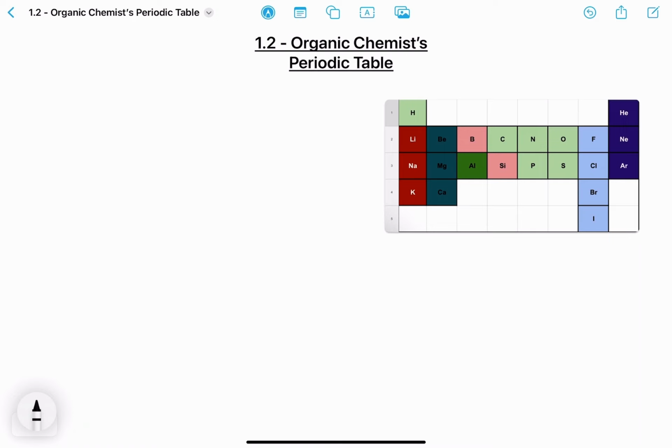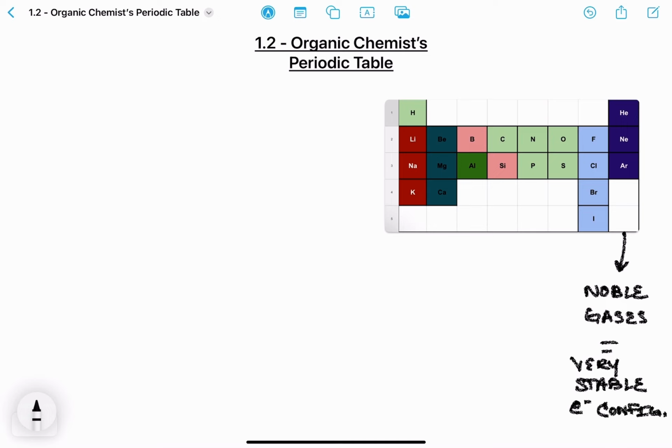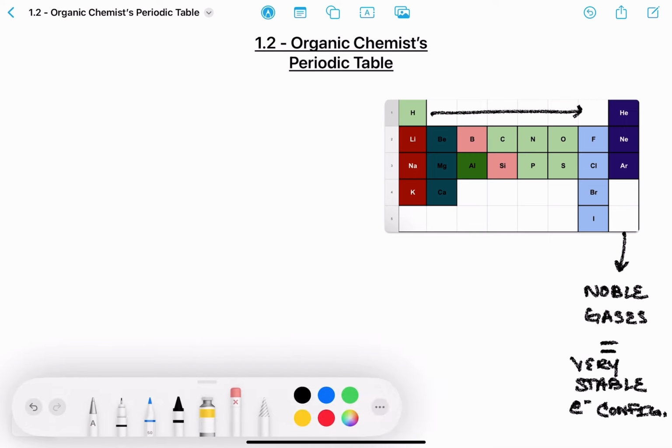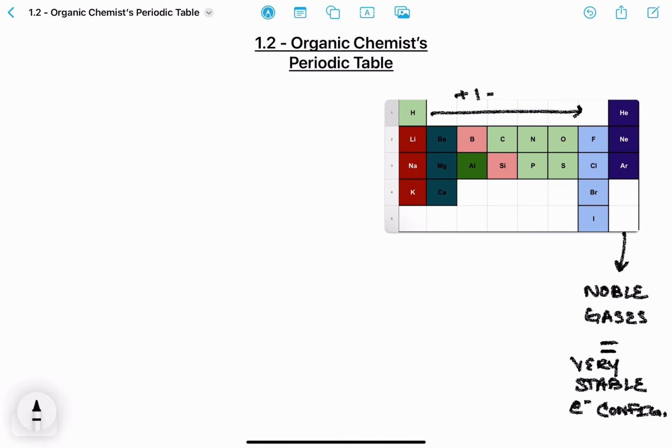Another thing to note is that the noble gases, and this is review from Gen Chem, have a very stable electron configuration. This is important because it is going to be the goal of all the other atoms to gain the stability of those noble gases. So if we look at helium, hydrogen only needs one additional electron to get to helium's